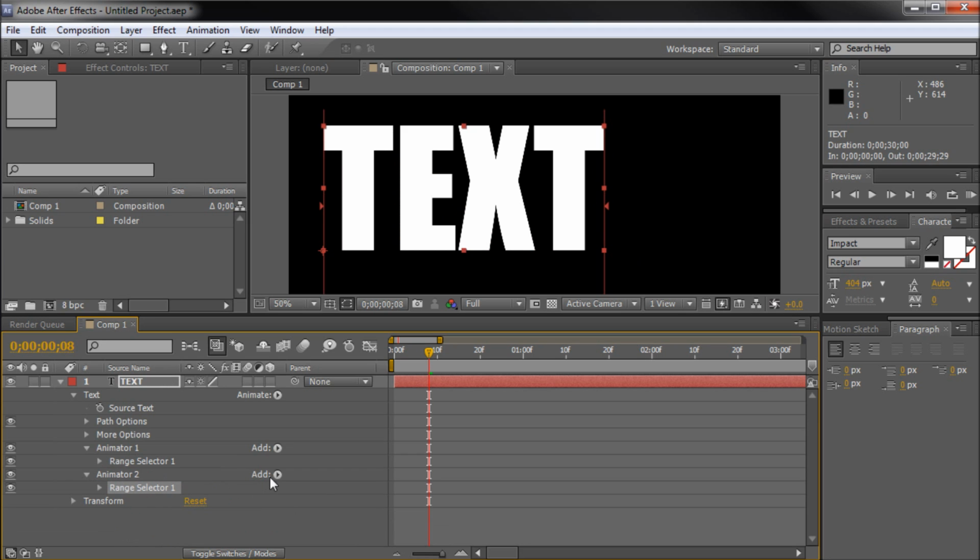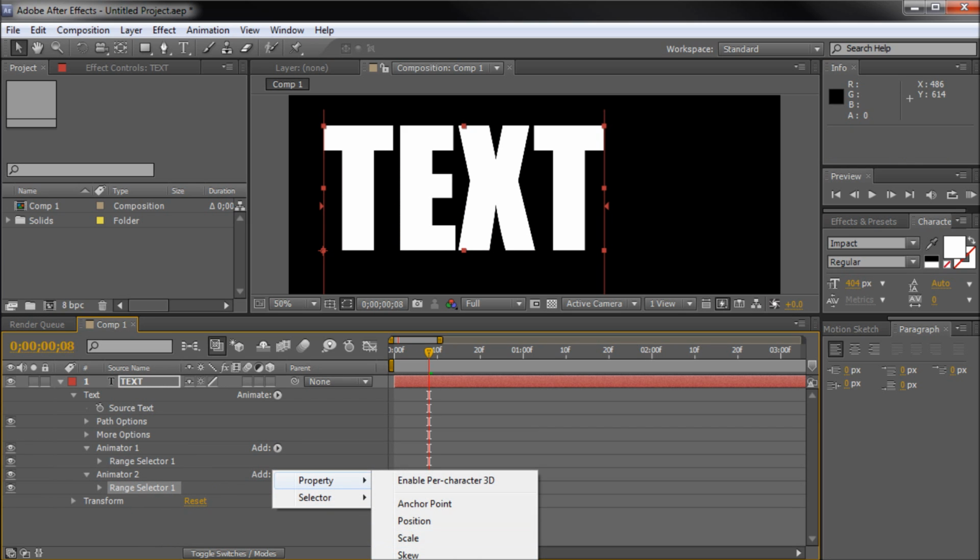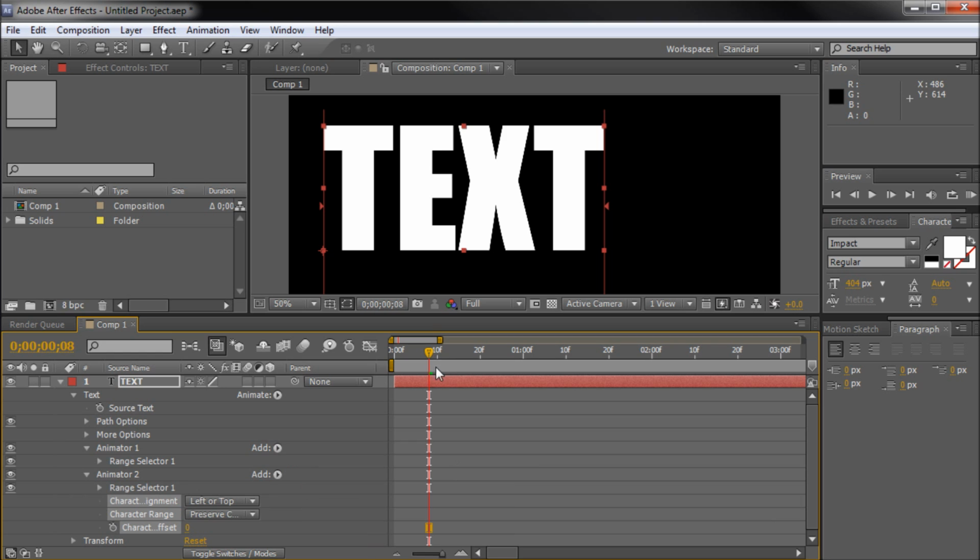Okay, and we're going to add in one more thing. Down at the bottom there is character offset and character value. Character value basically changes the value of all of your characters. So instead of the value being text, it would just be AA, or some variation of that. Now character offset is probably one of my favorite things. It's only practical for pretty much one thing. I'm sure you can find something else to use it for, but it basically looks like